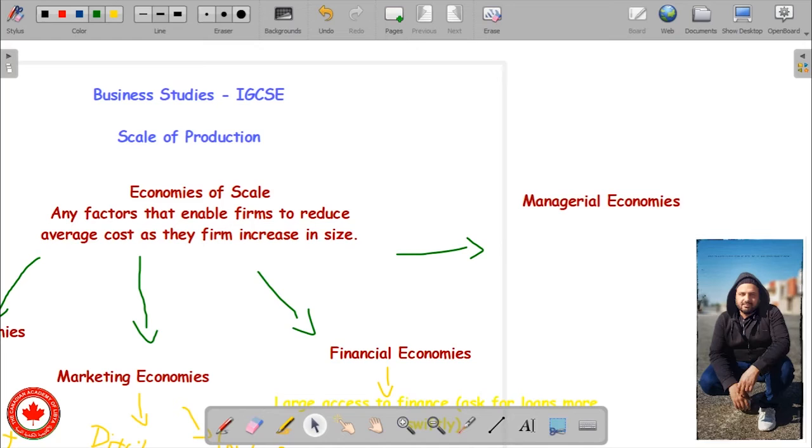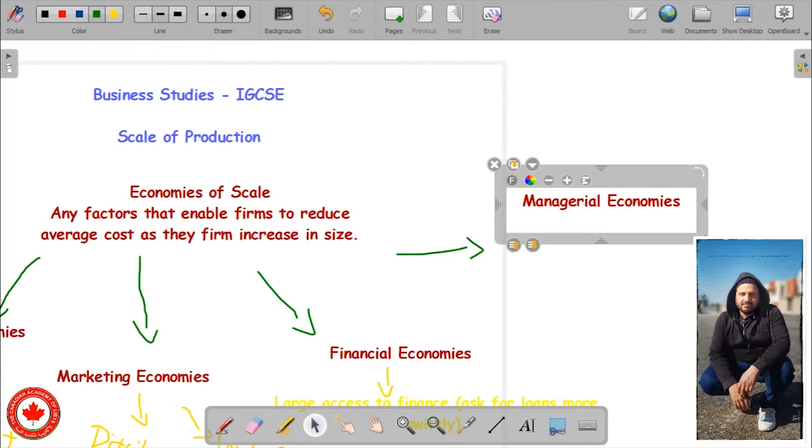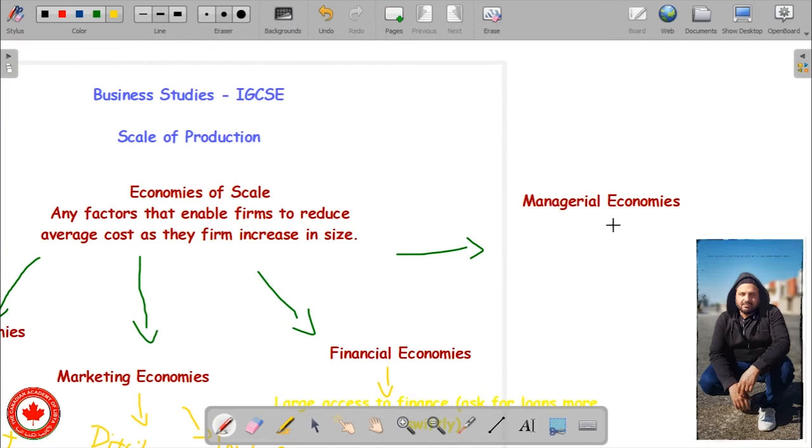they have an advantage over small companies. When I say that a large company has a benefit from managerial economies, we're talking about the idea that they can afford to pay to hire highly expensive staff. So I'm gonna describe it here. The managerial economies talk about